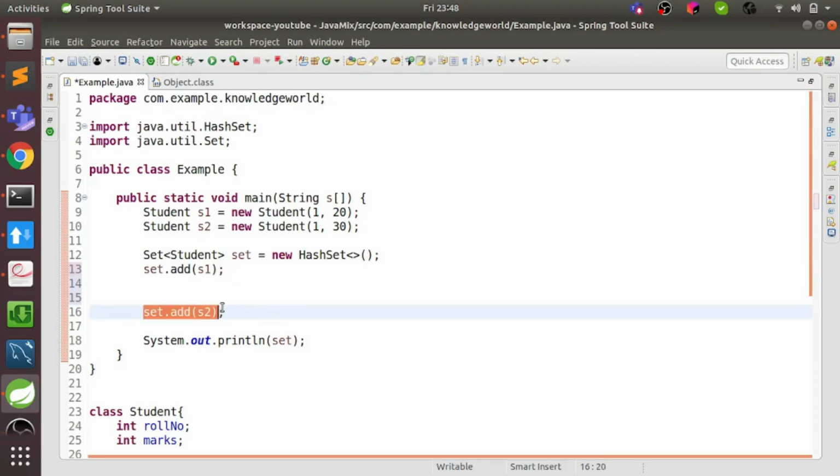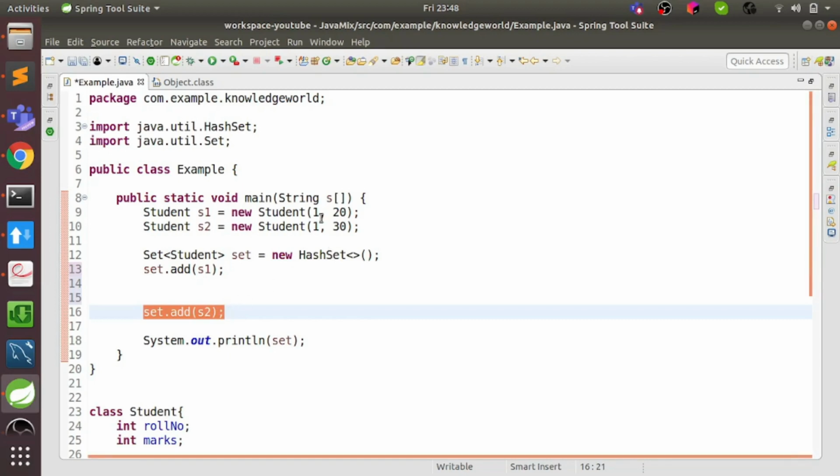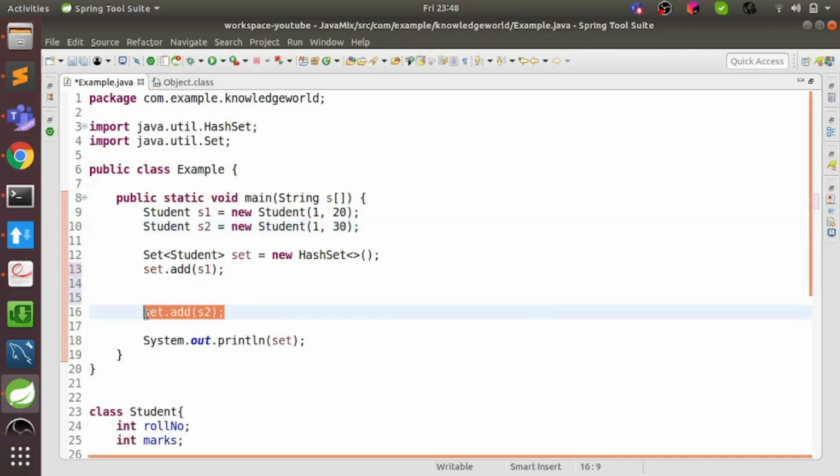Now it will try to add s2 to the hash set. So again it will calculate the hash code, and the hash code again came 1. Now since the hash code is already there in the hash map, it calls the equals method on both of the objects, on s2 and s1, to compare them.